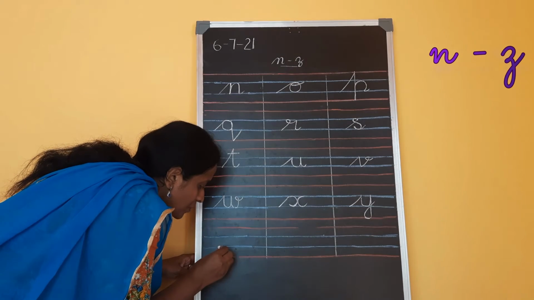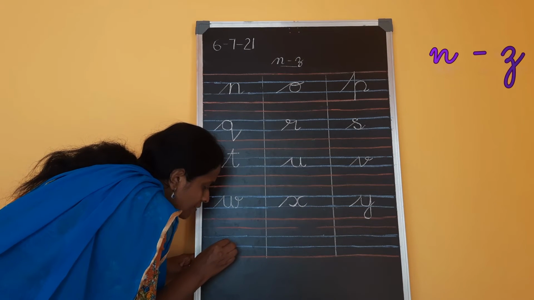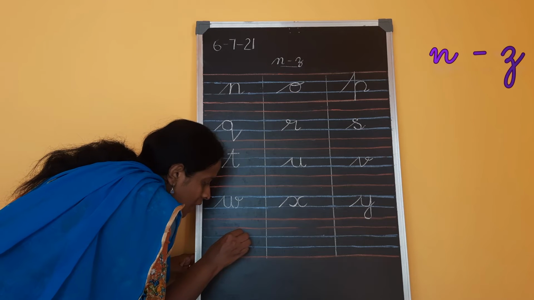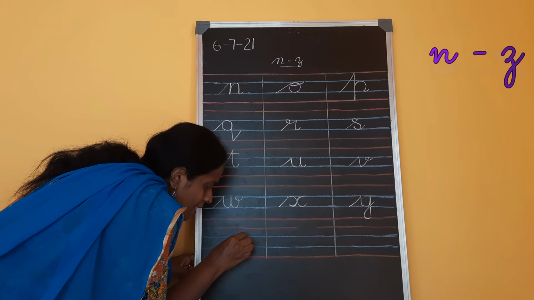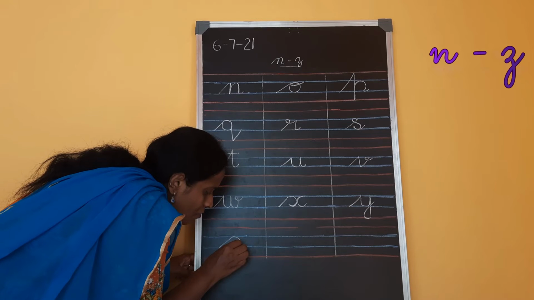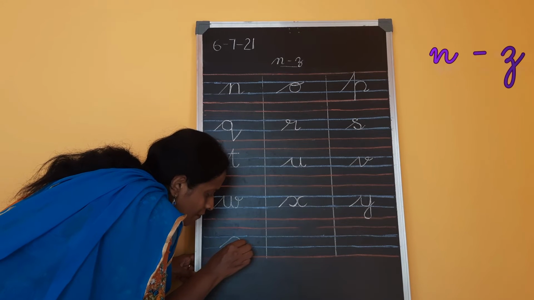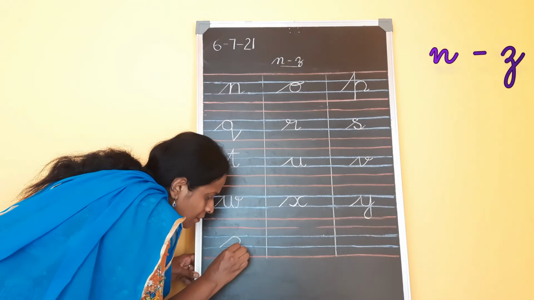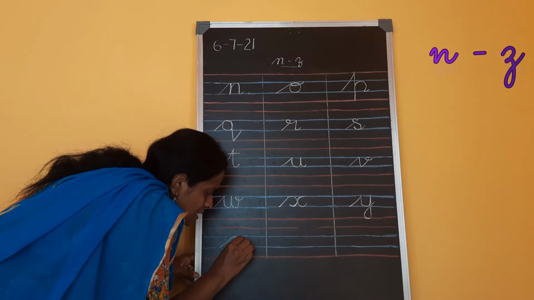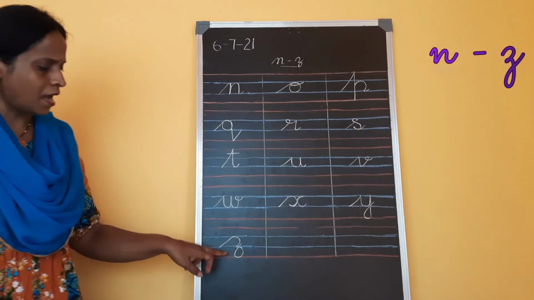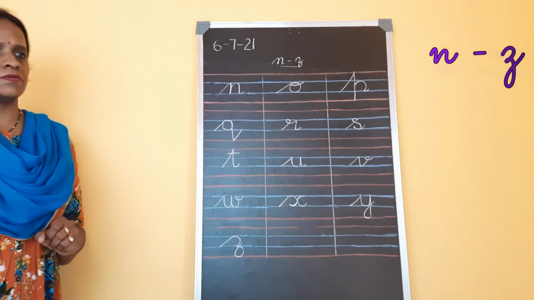From the second blue line, go up and touch the first blue line with the slanting line. Take a curve. Come down with the right C curve. Touch the second blue line. Now come down again with the right C curve. Touch the red line. Go up and cross over this C curve. Leave above the blue line. This is how you write cursive Z.